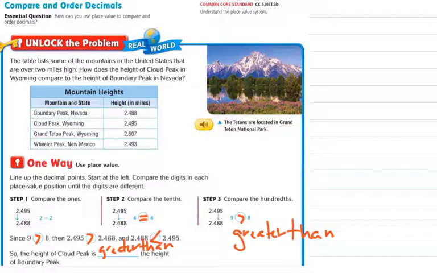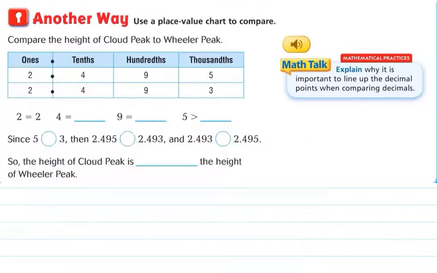So boys and girls, we're going to explore some other ways that we can use place value to compare and order decimals. Another way is that we can use a place value chart to compare. And this is something that we have been practicing already this week. So boys and girls, what we're going to do is we're going to compare the height of Cloud Peak to Wheeler Peak. So at the top, boys and girls, you can see that the one that we put down was